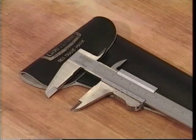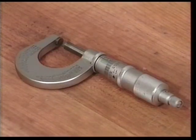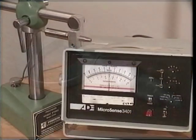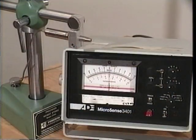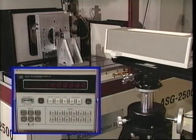vernier calipers, micrometer, capacitance gauge, electronic indicator gauge, and laser interferometer. While greatly differing in principle, accuracy, and repeatability, each of these measurement tools has its own place in the area